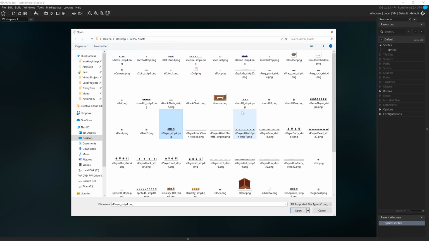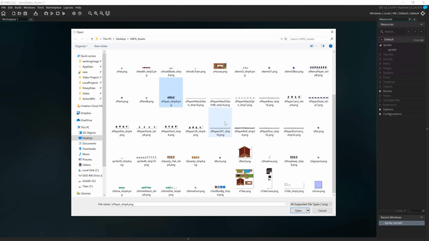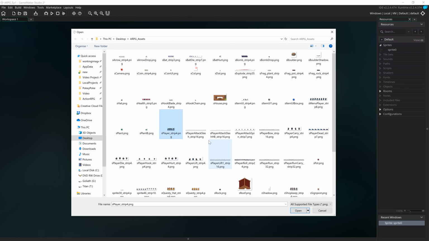Now in this folder you can see I actually have all of the assets that I've handmade for this entire series all in one folder. You can download this folder from the video description if you just want to follow along and don't want to spend time making all your own sprites. I will be explaining how each sprite is set up as I bring them in, so if you do want to make your own artwork, and I highly recommend doing so, you'll be able to follow along there as well. But to speed things up throughout the series, I've gone ahead and made all the artwork ahead of time. So if you have these assets available to you, the sprite I'm looking for is called